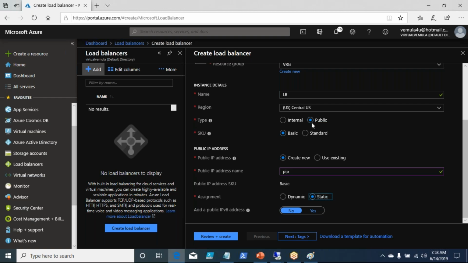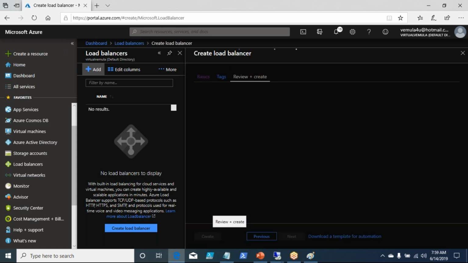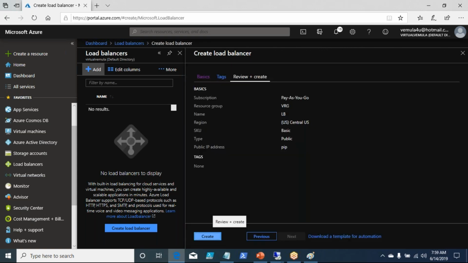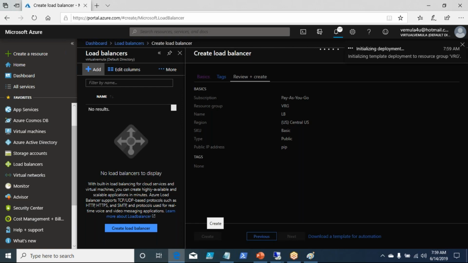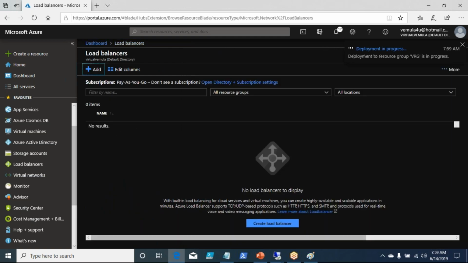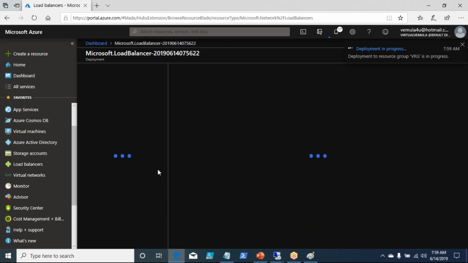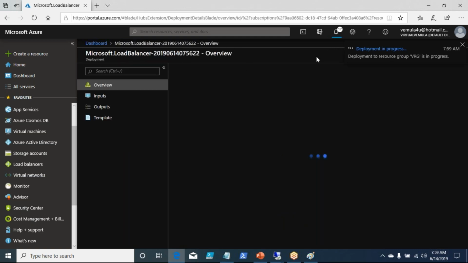Because I selected public, it will ask me for a public IP address, which I had created, called PIP. Let me go and create the load balancer. Review and create. Let that deployment complete.